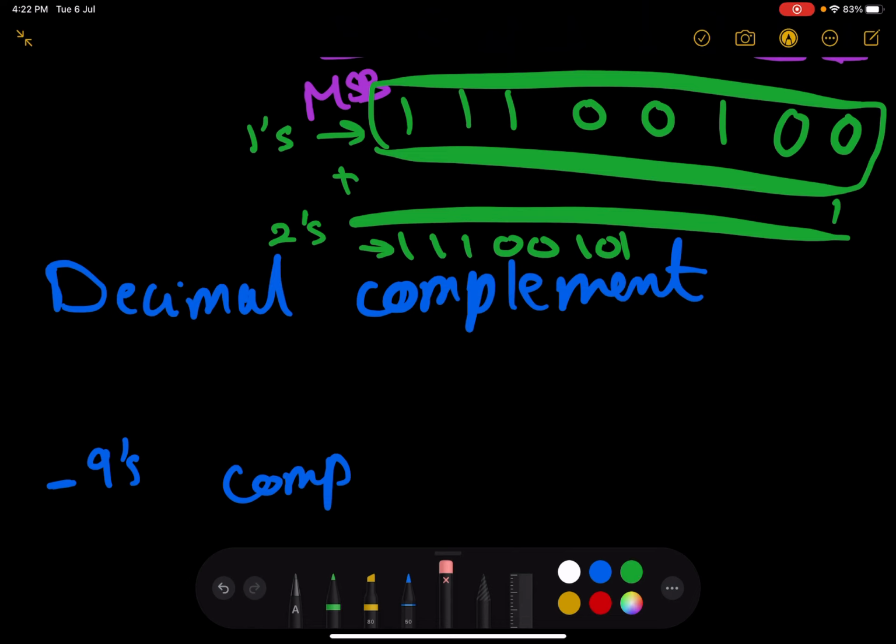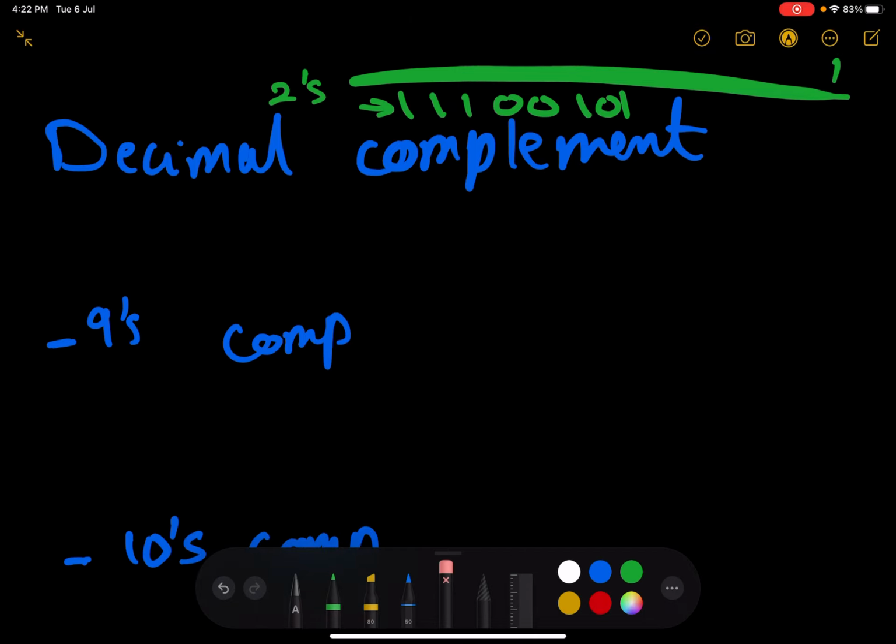So now let me explain how you can obtain the 9's complement of any number. This part is really easy because you just need to know how many digits you have. So for example, if you had negative 835 and you want to obtain the 9's complement of the number,